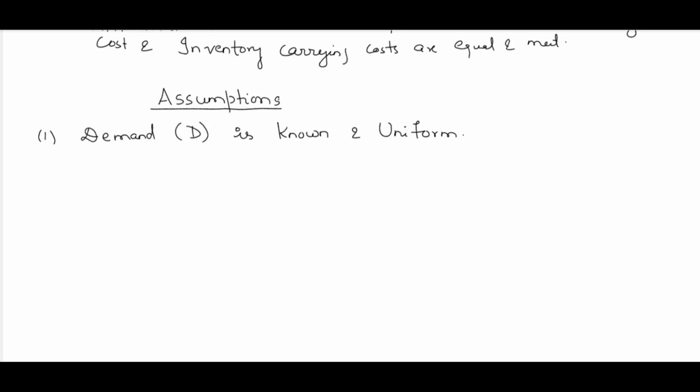But actually what happens, demand used to change. But if we consider the change in demand every time, we cannot achieve a certain point. So we assume that demand is known or uniform. That means there is only a little bit of variation of demand. That's why we are assuming it to be uniform. Okay. Next,